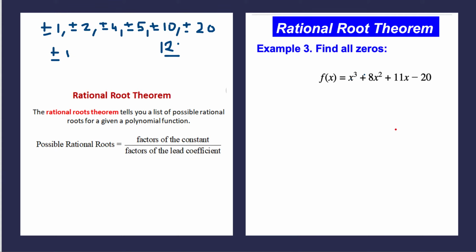Now we have to check. One way we can check is the factor theorem. For example, if we take f of 1, f of 2, and plug in, and it gives us 0, it means that value is a solution, or in other words, x minus that value is a factor. If we are lucky with the first one, we get it right away. If not, we have to check them until we find a rational root. But because here we have 1, let's try with 1. So f of 1 is equal to